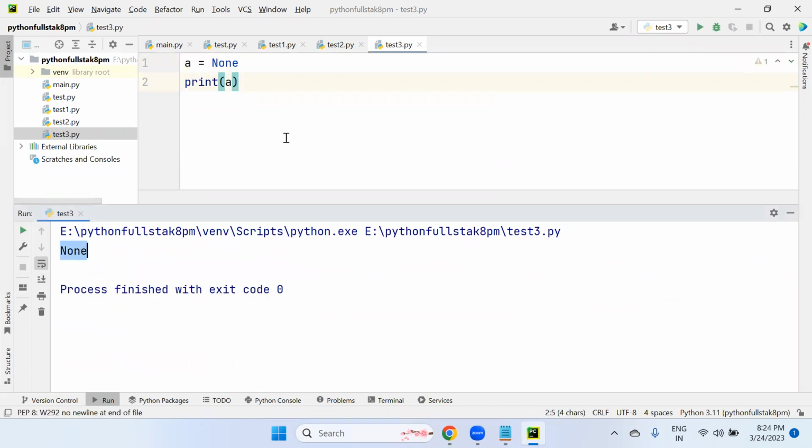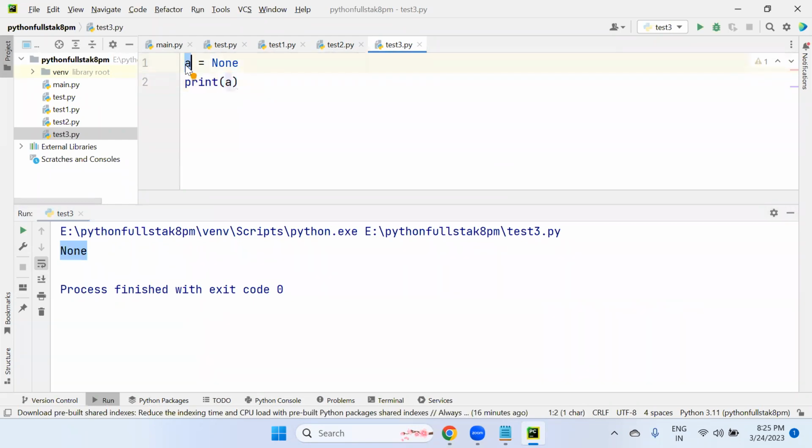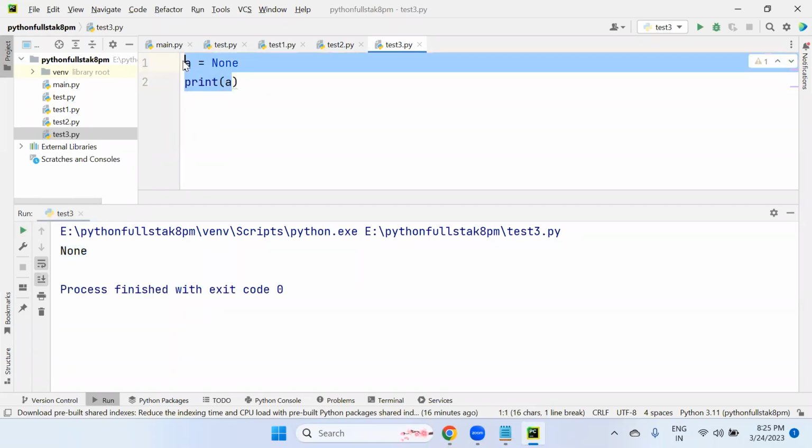What is this? None means I don't want to assign any value to this variable right now. Later I may assign something. Instead of None, I can assign a value like this. But right now, at this moment, I don't want to store any value inside the variable a. What can I do? None. None means nothing is there in this variable.